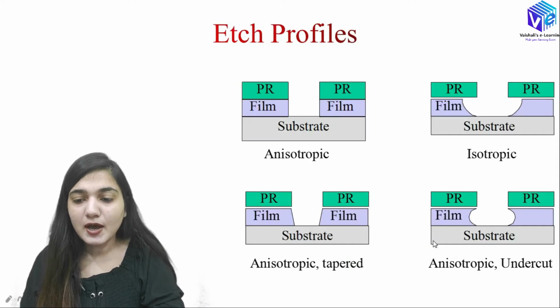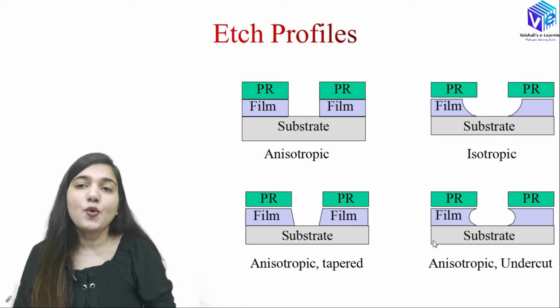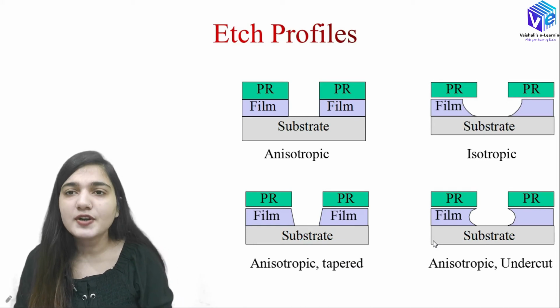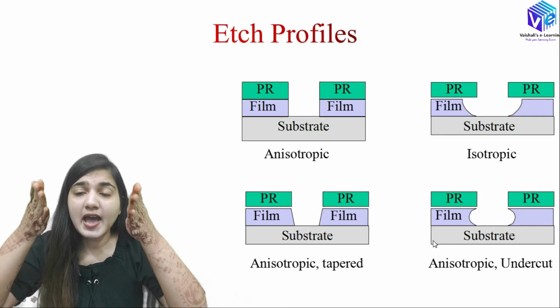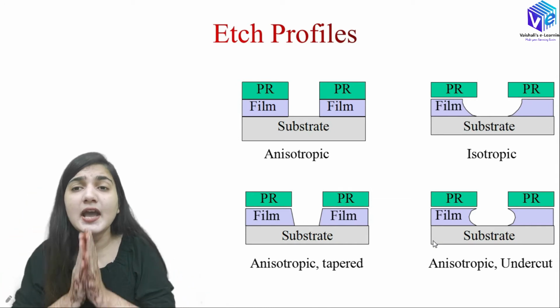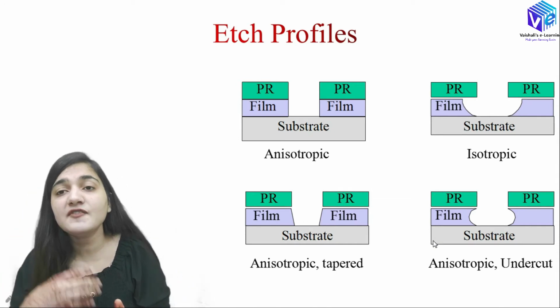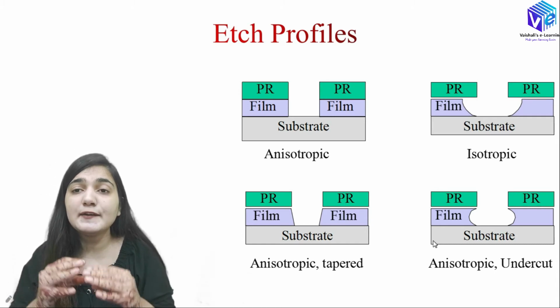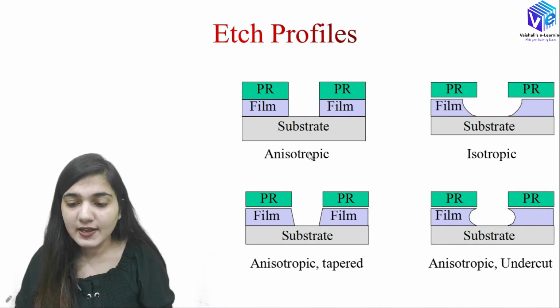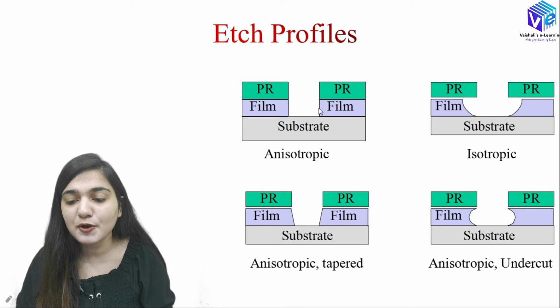So now these are various etch profiles. What type of etch profile do we want? We want a completely anisotropic etch profile. Anisotropic etch profile means we have the etching in a particular direction only. In comparison to that, we have the isotropic etch profile. Isotropic etch profile means the etching is done in all of the directions equally. So here, if my chemical is there, at this point I will have etching in the downward direction only. At this point also etching is in the downward direction only. So this is an anisotropic etch profile.